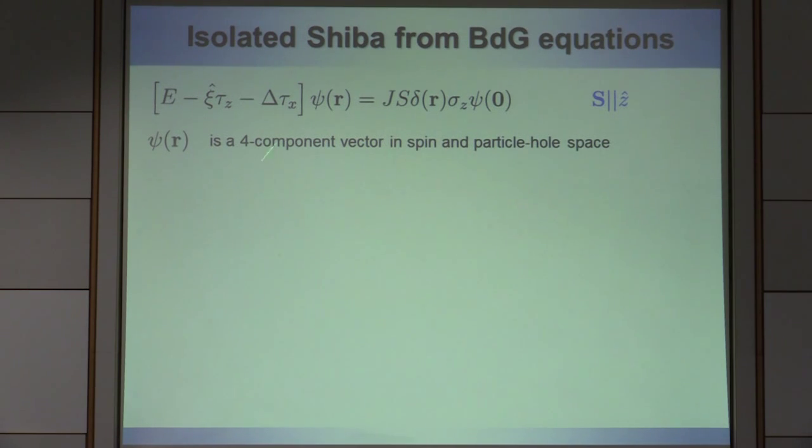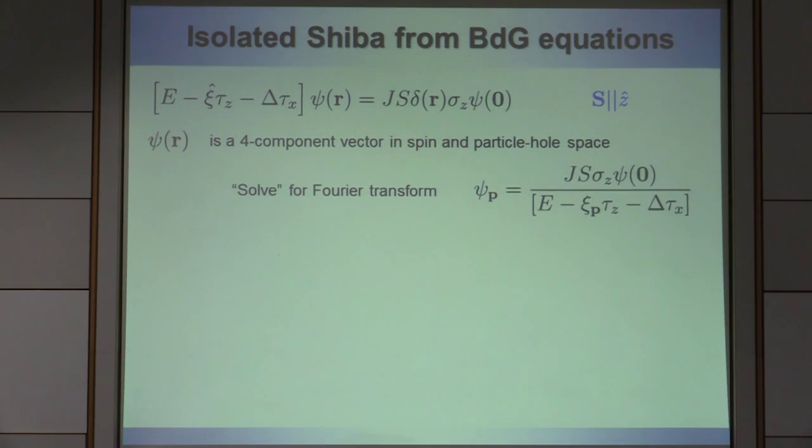And now I can pretend to solve this equation by Fourier transform. This guy is basically kinetic energy, and the Fourier transform of this guy is very simple because it's just a delta function in real space. This way I find Fourier components of the wave function psi p in terms of the value of the wave function at r equals 0. Now I recall the definition of Fourier transform and write psi of 0 as the integral d3p of psi p. If you plug this into here, you'll get an equation which is an eigenvalue equation, right? So it's psi 0 equals an integral of something times psi 0. So it is an eigenvalue equation, and